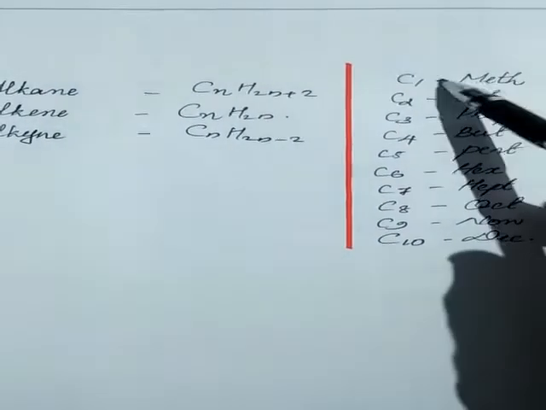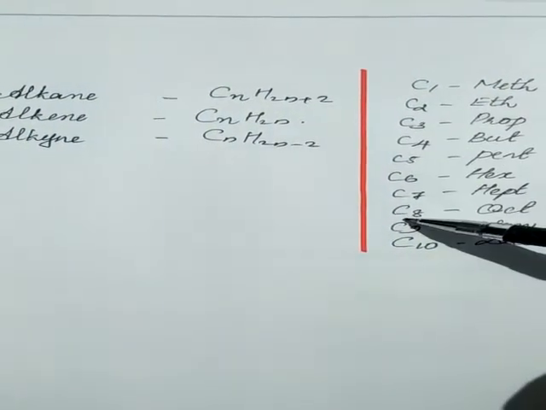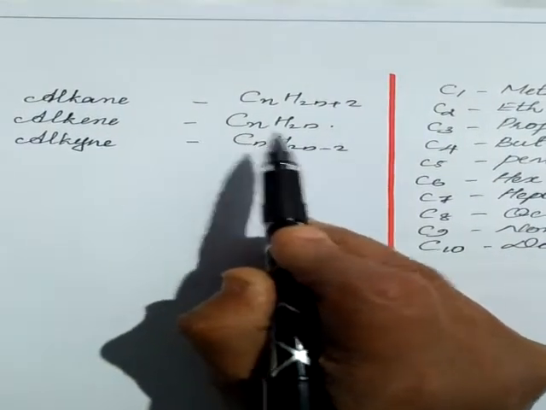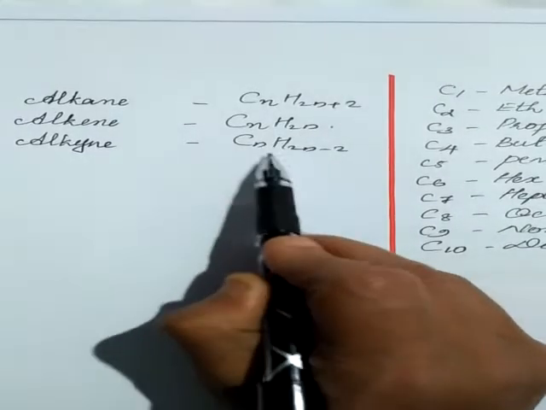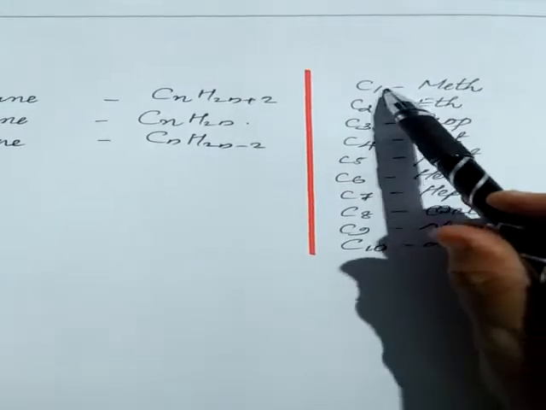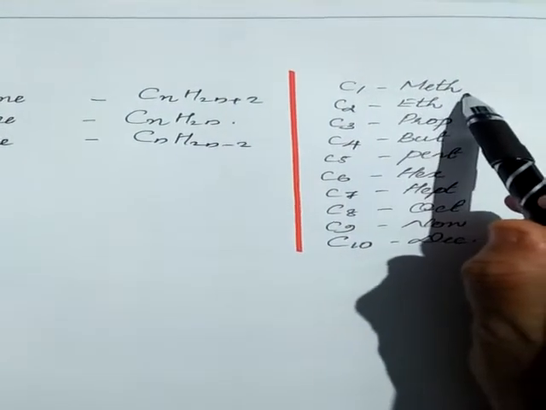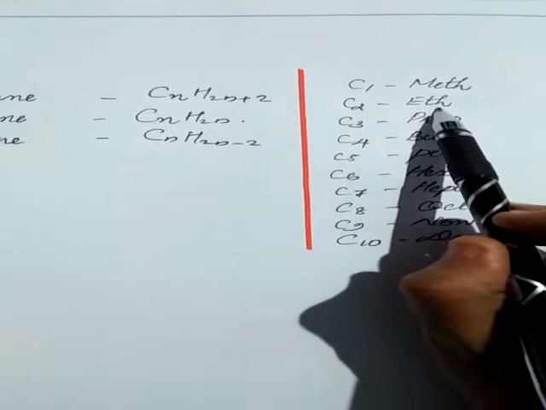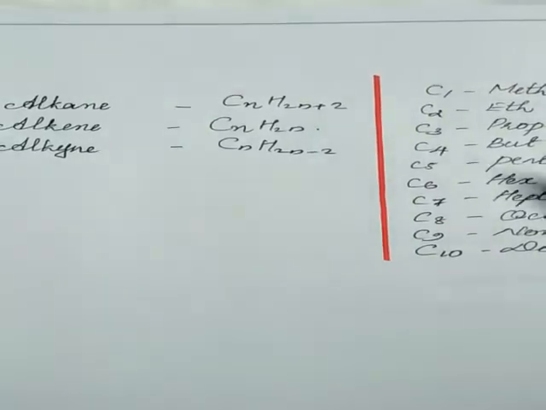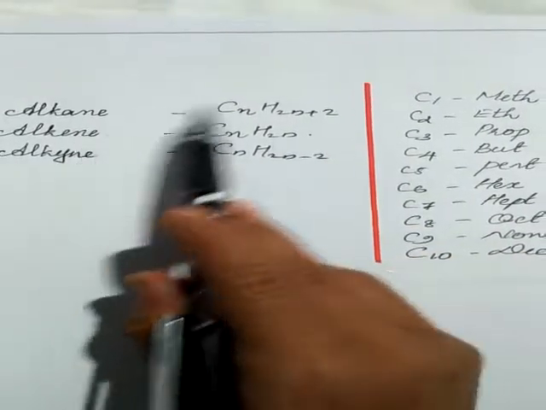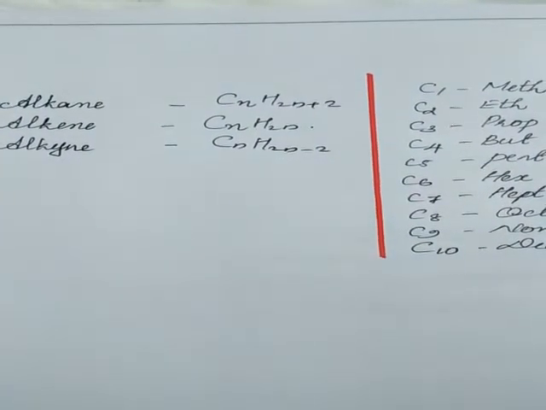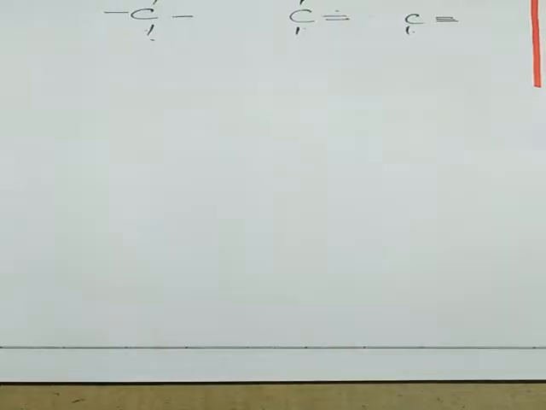And the other thing which you have to learn is the number of carbon atoms. Here you can see n indicates the number of carbon. Based on the number of carbon atoms, the number of hydrogen also changes in these three equations. See children, if it is one carbon, that is known as meth group. If it is two carbon, that is known as eth group. Like that the names go up to 10. Once you learn the names, you can easily complete the equations and also you can easily draw the structural formula of various compounds. Okay.